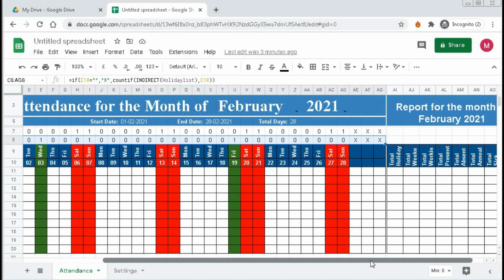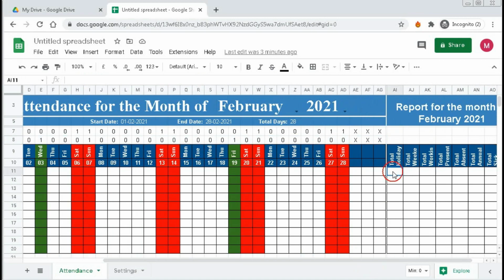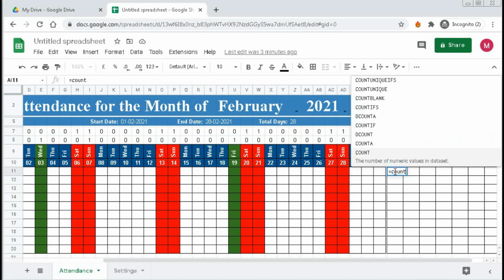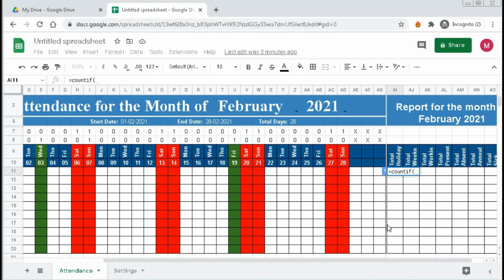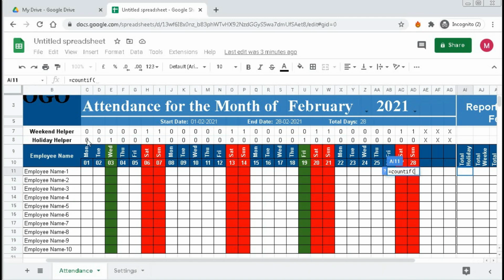So for that, type here equal to COUNTIF, open bracket, select this range, comma, our criteria will be 1, close bracket and enter. So we have 3 holidays, and here the range should be locked with F4. Enter and drag this till the end.